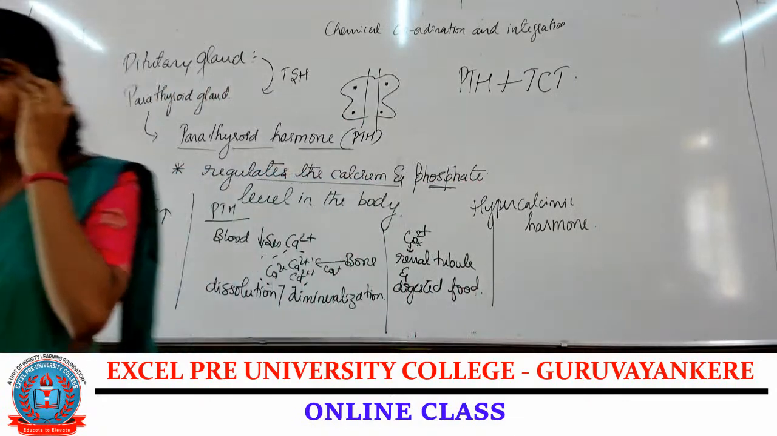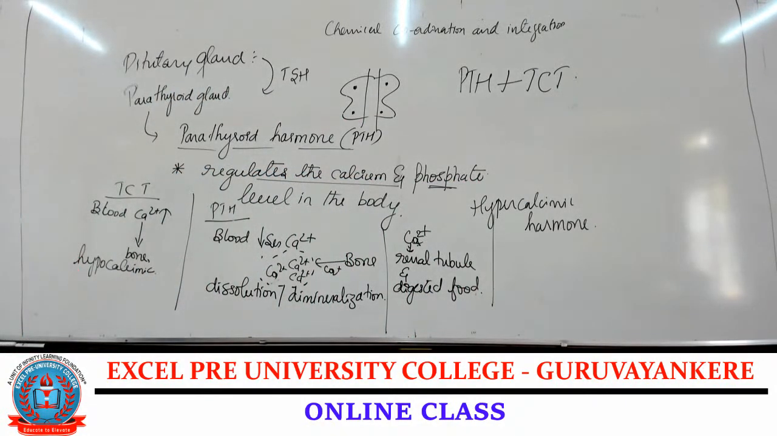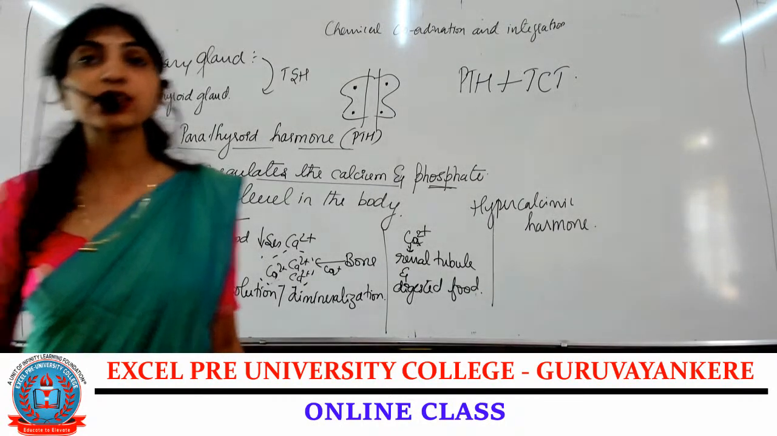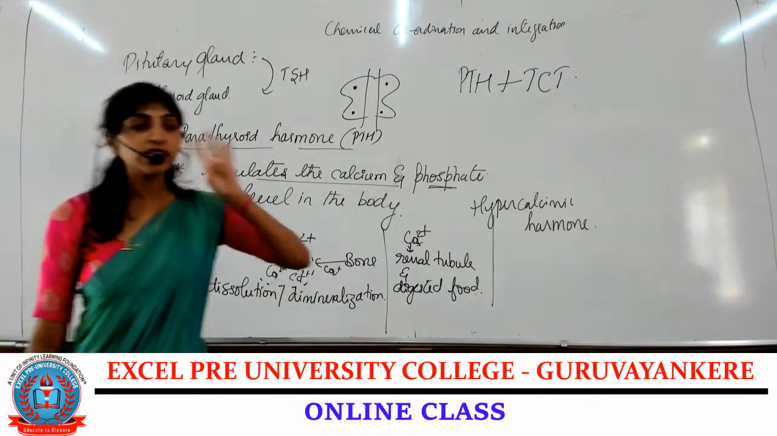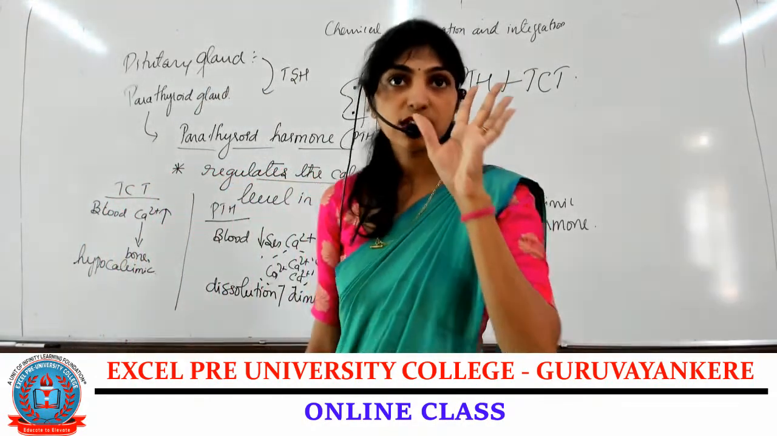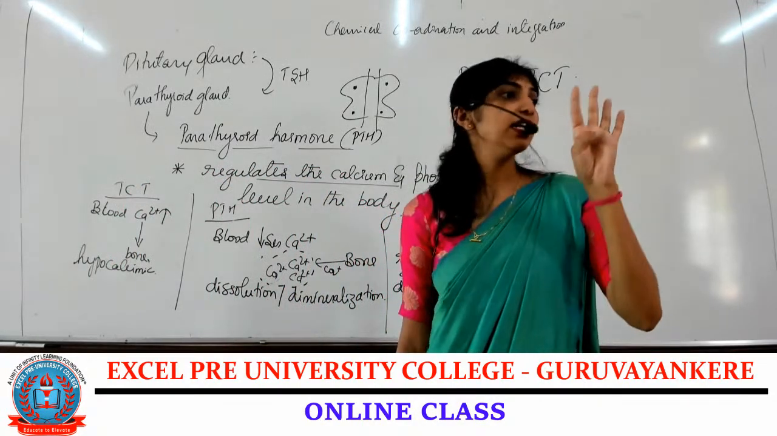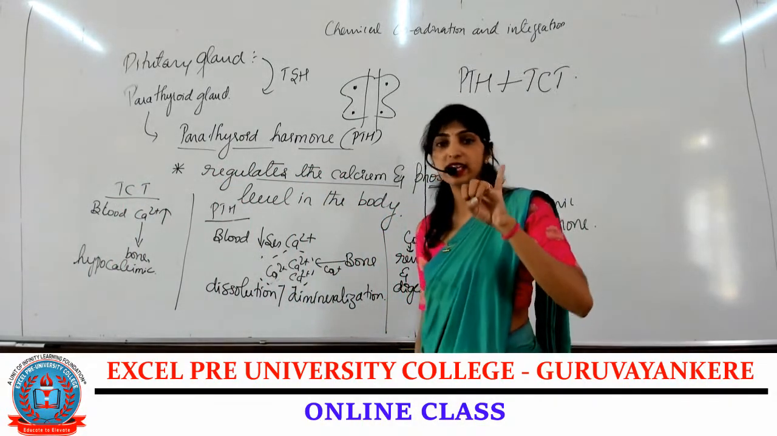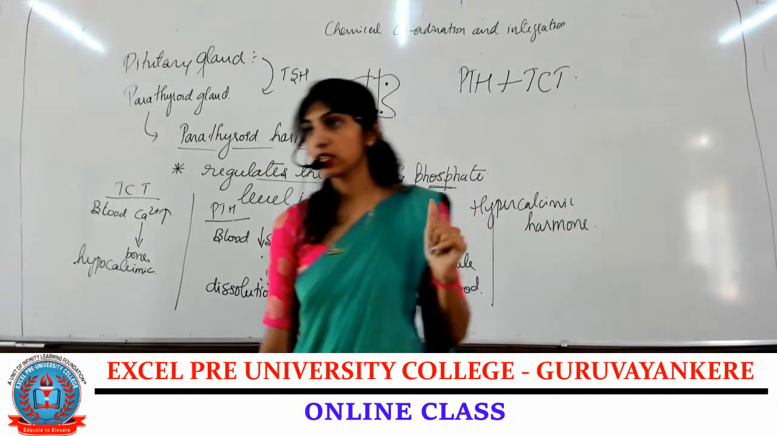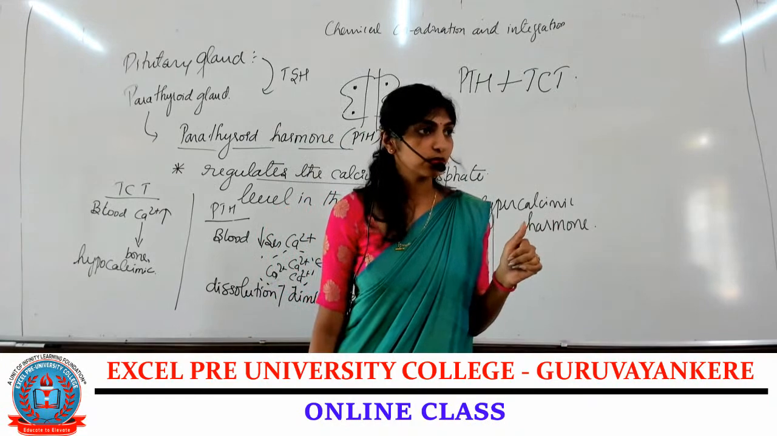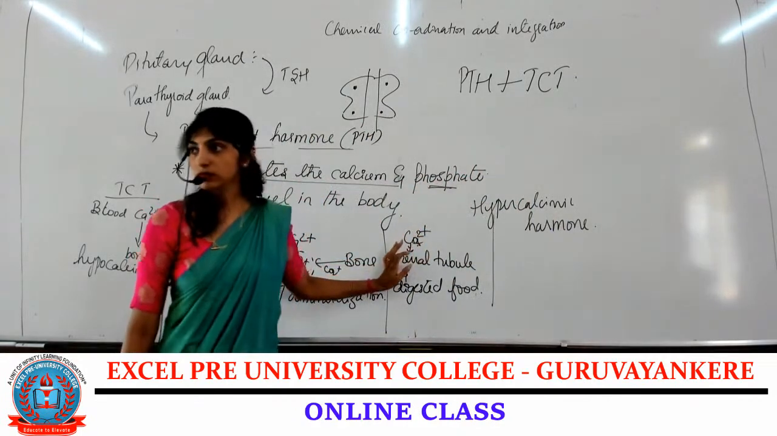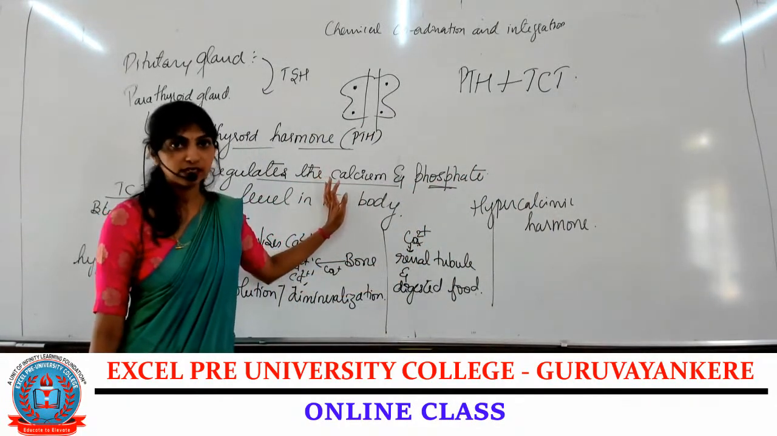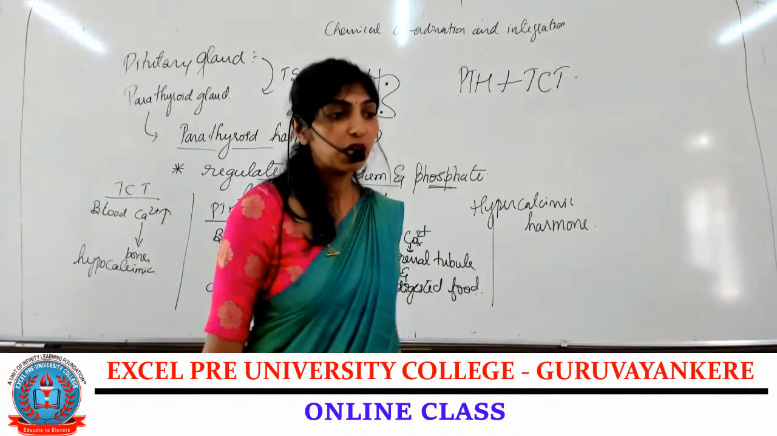Clear? Okay. Coming to the next gland, that is the thymus. Is it clear? Do you want me to repeat any gland? We have studied four glands: pituitary, pineal, thyroid and parathyroid, and the hypothalamus. We are done with the hypothalamus. If you want me to repeat anything, ask. Clear? Then coming to the next gland, that is